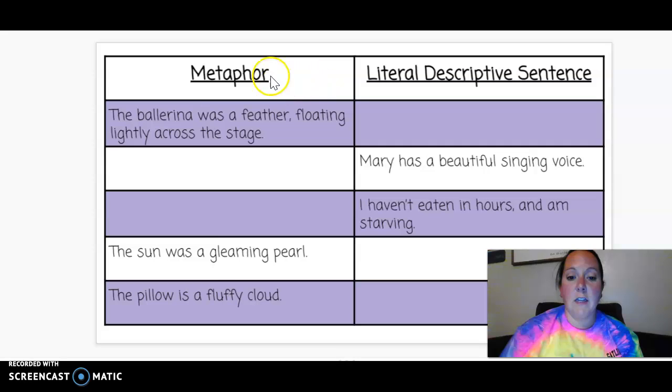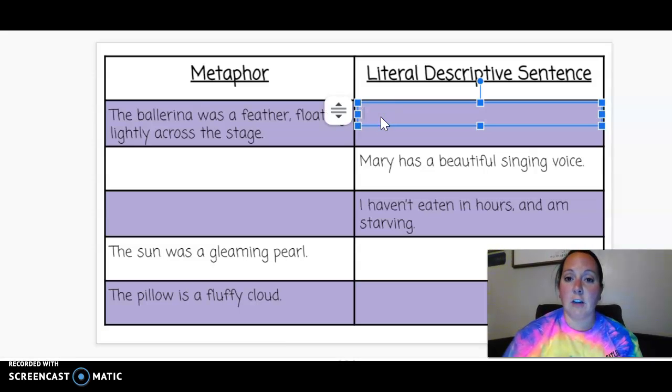Here is our activity. In this column we have metaphors, and in this column we have literal descriptive sentences. The ballerina was a feather floating lightly across the stage. We are going to write the literal meaning in this column over here. For the ballerina was a feather floating lightly across the stage, that means the ballerina danced